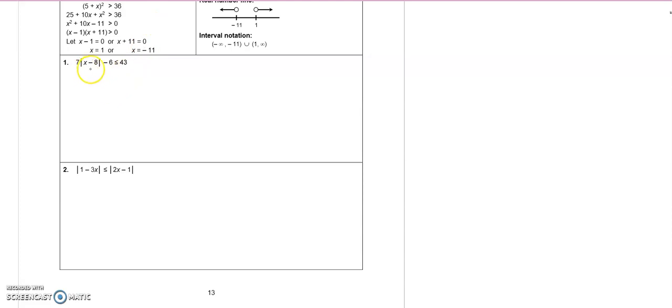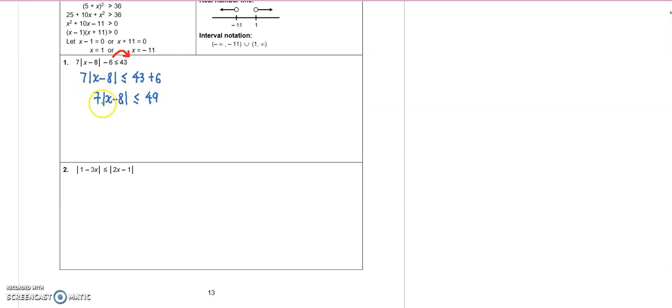Before we apply the formula, you can use either method 1 or method 2. First, what we have to do is simplify the inequality. Pertama sekali, sama ada you nak guna method 1 ataupun method 2. First, kita kena ringkaskan dulu. Macam mana nak ringkas? First I will move negative 6 to the right hand side. So from here, I will get 7 modulus of x minus 8 is less than or equals to 43 plus 6. So here is 7 modulus of x minus 8 is less than or equals to 49.